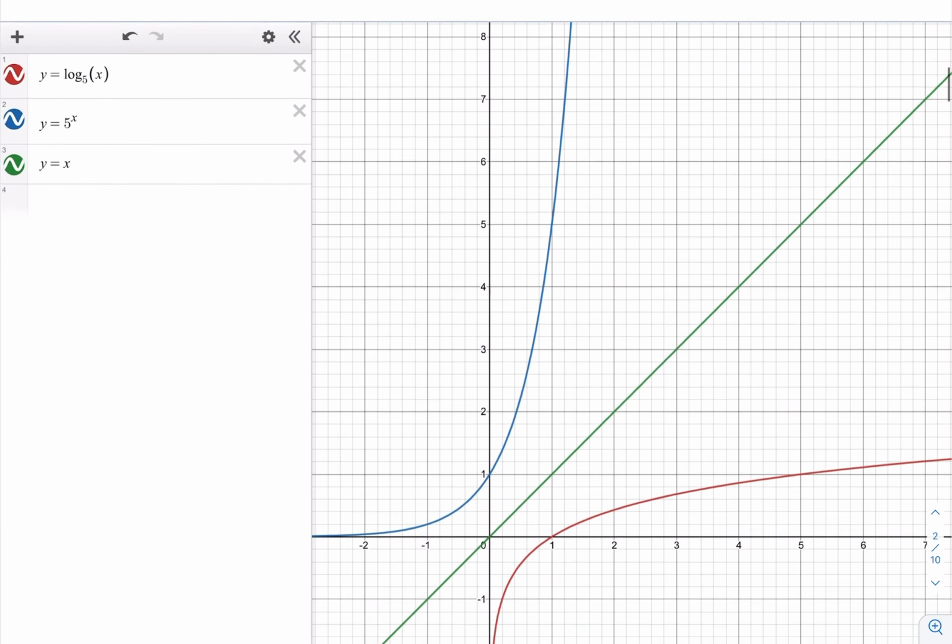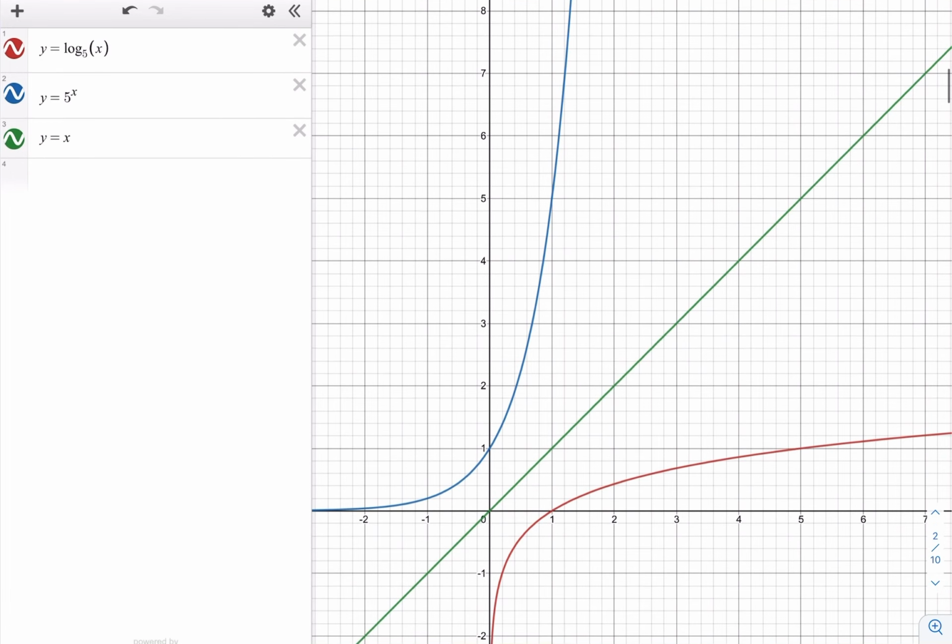And it's the same thing with different bases. So if we have the log of x in base 5, this is the inverse to 5 to the power of x. So this first logarithmic equation is basically saying 5 to the power of y equals x. Well, the second equation there is saying 5 to the power of x equals y. We've just switched the x and the y. So exponentials and logarithms are inverses of each other, and they're reflected perfectly in the y equals x axis,